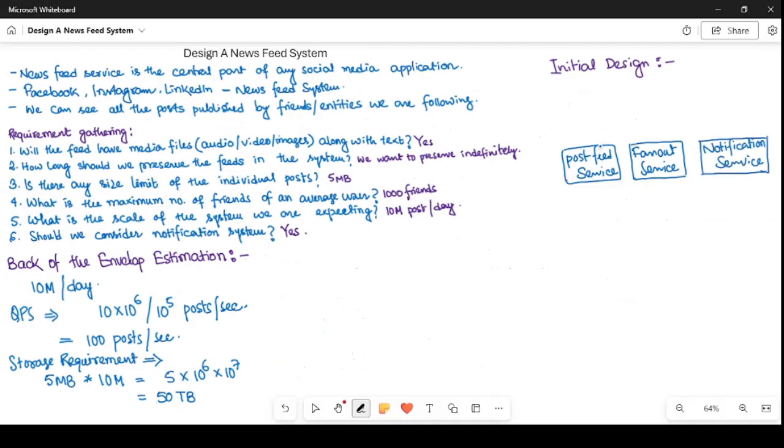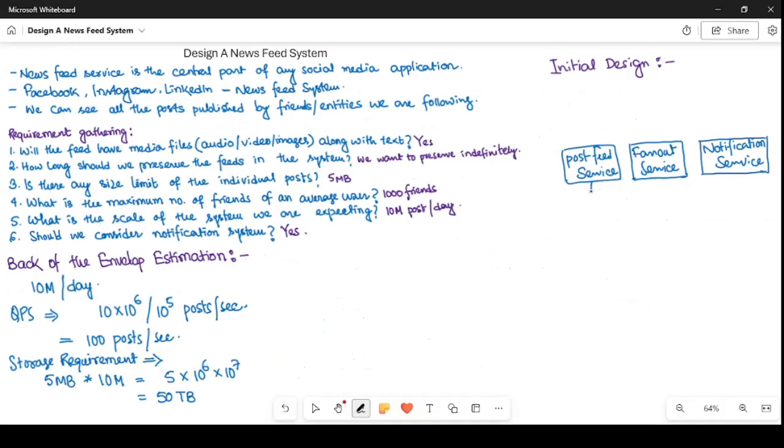Post-feed service will help us post a new feed into the system. Fan-out service will be responsible for distributing the new post to all of its friends, and notification service will notify the user as soon as there is a new post available in the newsfeed system.